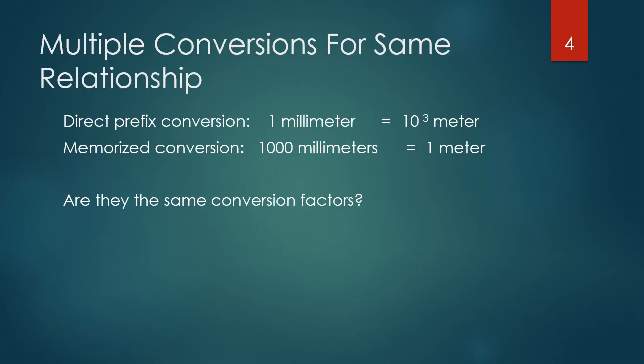There are also multiple conversions for the same relationship. So what I mean by that is sometimes you might find more than one conversion factor that works. For instance, if you needed to convert from millimeters to meters, you could use this direct conversion up here. I'm going from millimeters to meters, or this memorized conversion, also going from millimeters to meters. Now notice the numbers in front are different. So I have 1 millimeter in the top is equal to 10 to the negative 3 meters. The bottom conversion factor has 1,000 millimeters